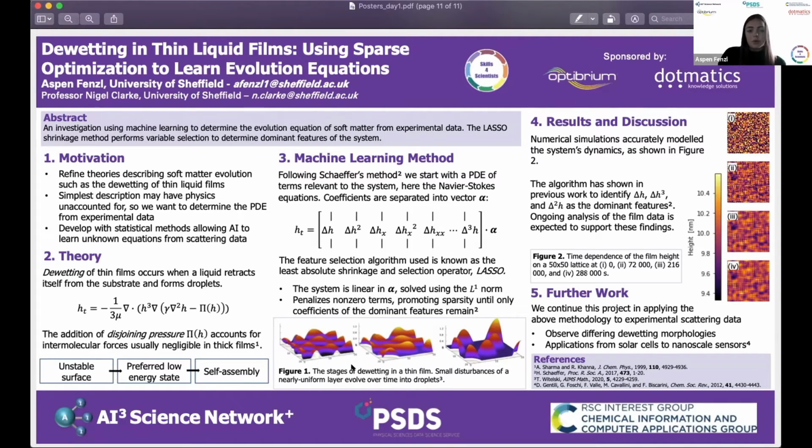So following Schaeffer's method, we start with a generic Taylor expansion differential equation, reasonable for the system. In this case, we use the Navier-Stokes equations for viscous fluid. And then we can separate out the coefficients of that expansion, which will be the unknowns. We're trying to shrink some of them down to 0 and some of them not to 0, so that we can end up with those key features at the end. So then we go to the lasso